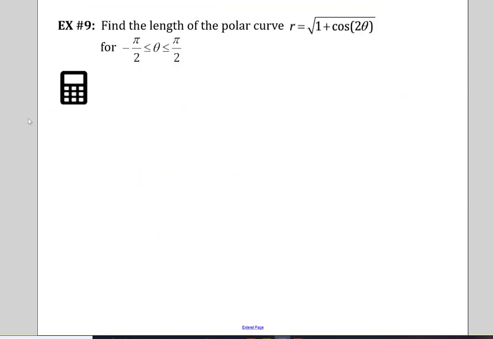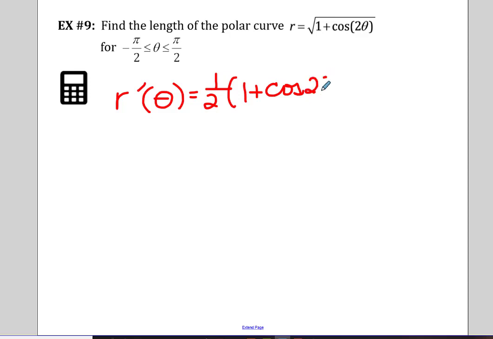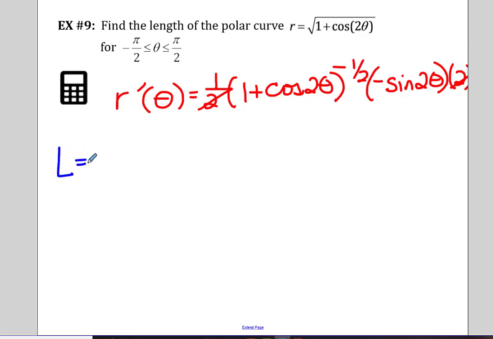Then our last example, we want to find the length of the polar curve r for negative pi over 2 to pi over 2. So we need to know what the derivative is in terms of theta. So that would be 1/2 times 1 plus cosine 2 theta to the negative 1/2 with the chain rule. So that's negative sine 2 theta with another chain rule of 2. So we can get rid of the 2 and the 1/2 and integrate